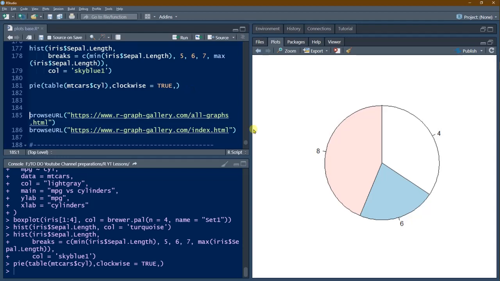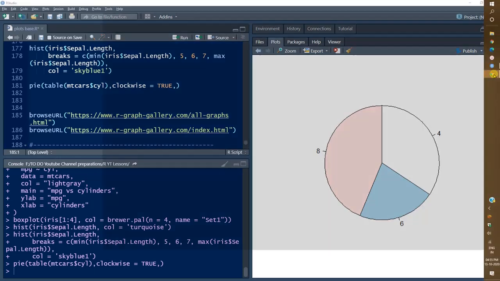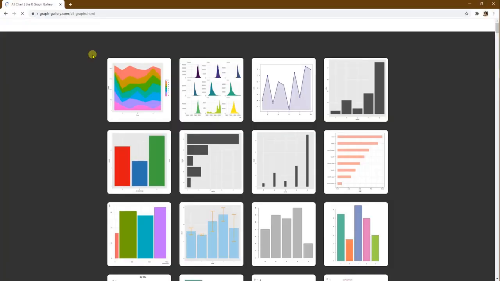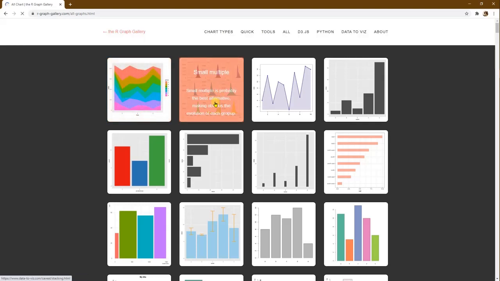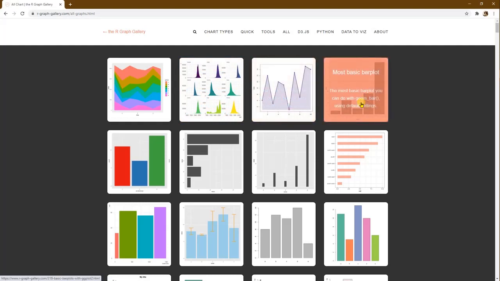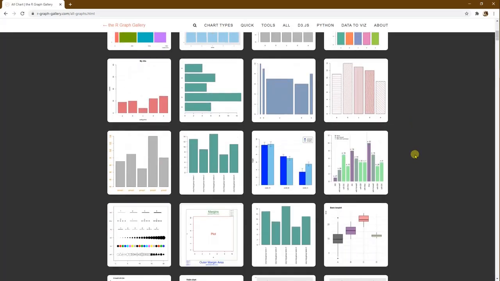We can see some of these charts using this R graph gallery, which I have already opened so that it's readily available. You can see a stacked area chart here. These are basically small multiple charts, individual charts. Using polygons, we can make this kind of chart in base R. Bar plots we have seen. We can have horizontal bar charts also. And there are so many different types given in the examples here.